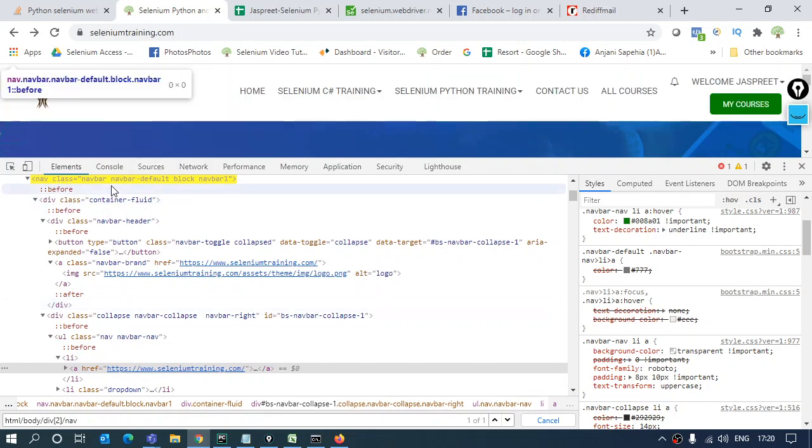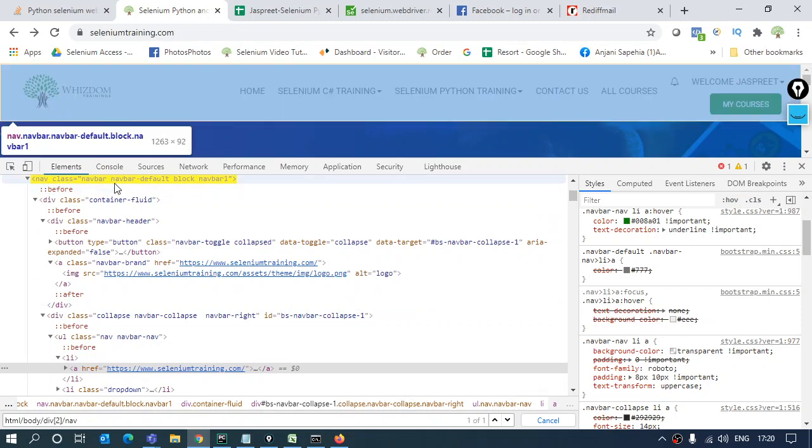See, wherever it's been highlighted, you can mouse over that particular highlighted part and it will show you what elements are selected inside. So you can see on the page this header part is in the blue. So this particular NAV tag is highlighting this header part only. So I'm going right, my home link is inside this navigation bar. So I can proceed further and go inside.